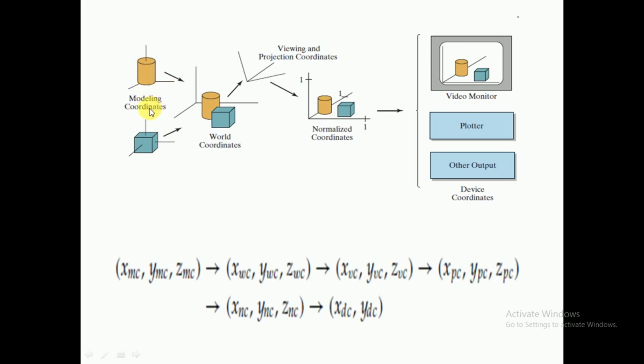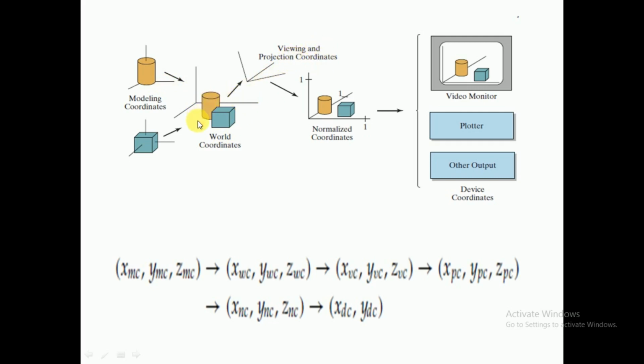Then local coordinate to modeling coordinate, I have to transfer to modeling. This is the modeling coordinate. Then modeling coordinate to world coordinate I have to transfer. Now this is the reference for this, and this is the reference for this. Now only one reference I will take, and with respect to this reference I have to decide whether the cube comes towards the origin or the cylinder comes towards the origin. Then depending on that I may need to do the transformations here, and as per that I have to align here. Since I have given input like that, the cylinder is coming towards the origin, then afterwards the cube is coming. This is the world coordinate. Then world coordinate to viewing coordinate I have to transfer, viewing and projection coordinate.